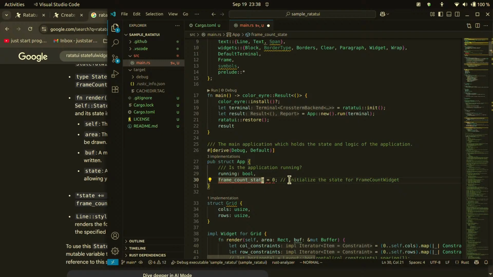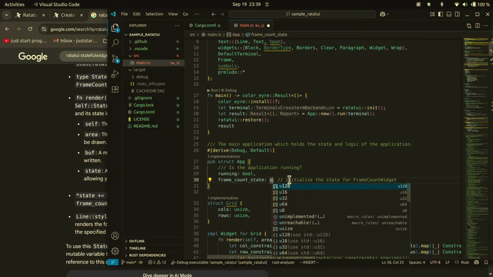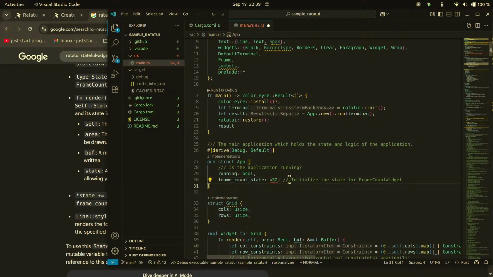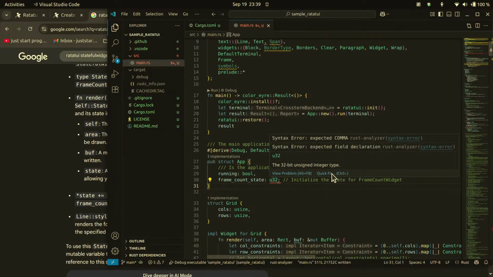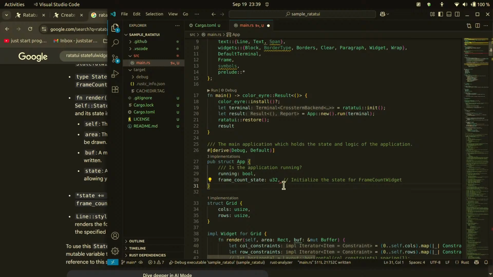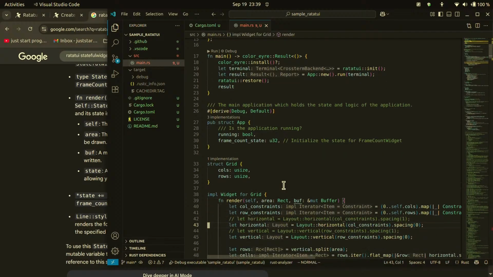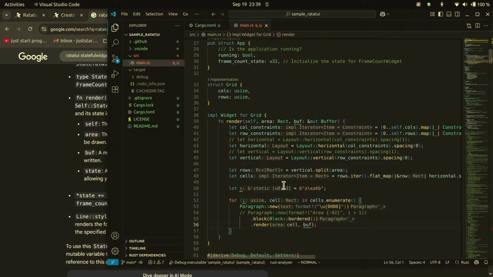State. Main count state inside app. Okay. Then